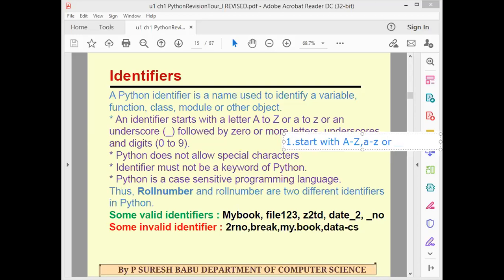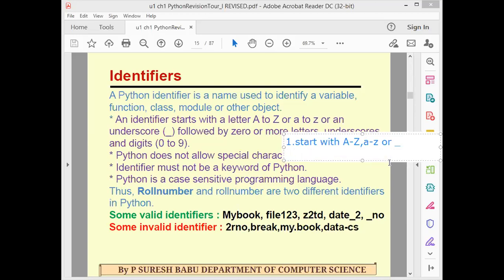You can see on the keyboard there are two symbols, underscore and minus. Don't confuse the minus symbol with the underscore. Minus is a hyphen; underscore means the line will be below, like an underline. Without any character, if you give that line, that is called underscore. This is the first rule.